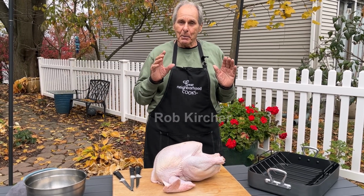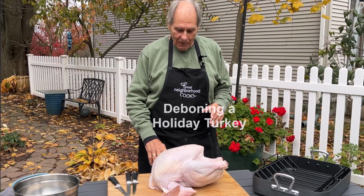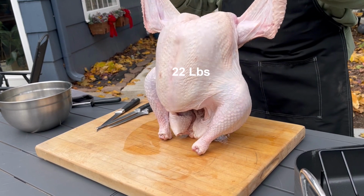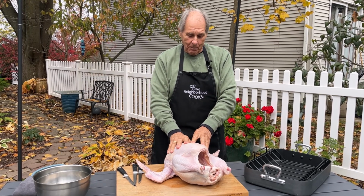And today, by popular demand, I'm going to be deboning a holiday turkey. Yes, deboning a holiday turkey. Now, I've got a beautiful one right here. This is about a 22-pound baby. Look at the size of this. She's unbelievable. So what we're going to do is take all the bones out of this thing, and then